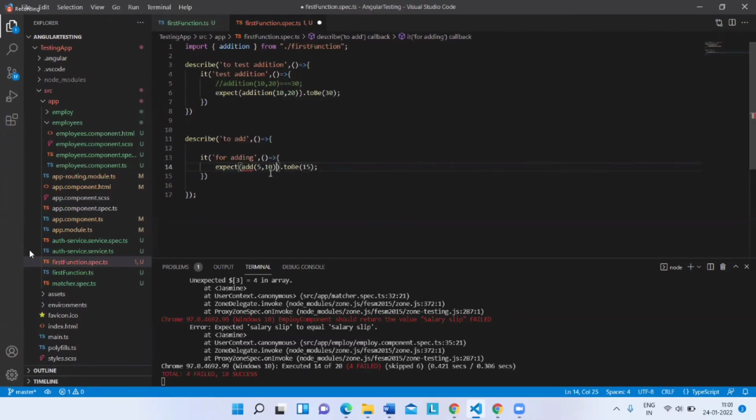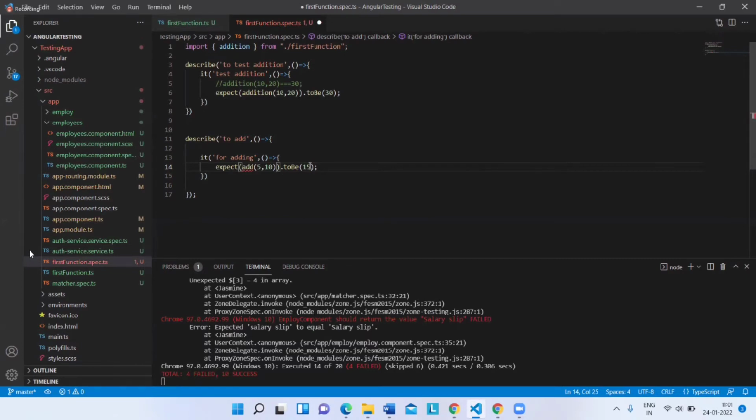Now I'm trying to execute it. When I execute it, if the test is passed, then the logic I have written is correct. When I pass the parameters, it will give me the correct value. I am assuming that when I enter 5 and 10, it should be 15. So internally, when I am testing this, if it is coming 15, my test is correct.